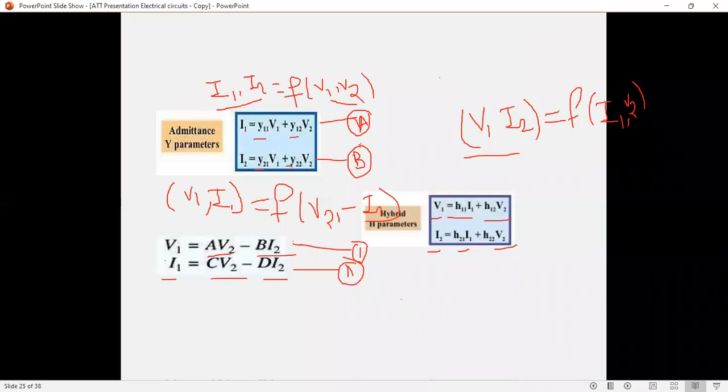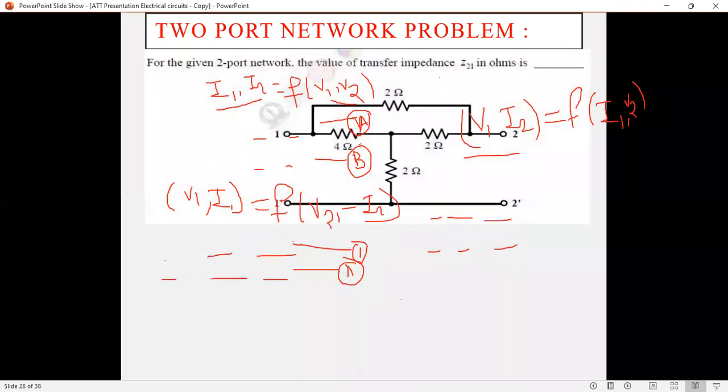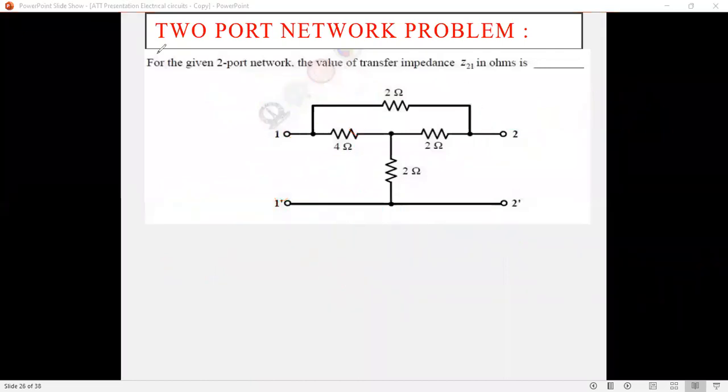I think you all understand this standard equation and some theory related to the two-port network, because we have already discussed this theory in the network analysis subject, 6th unit. Now, all of you write this problem. We will solve this problem. Up to that, I will take attendance.